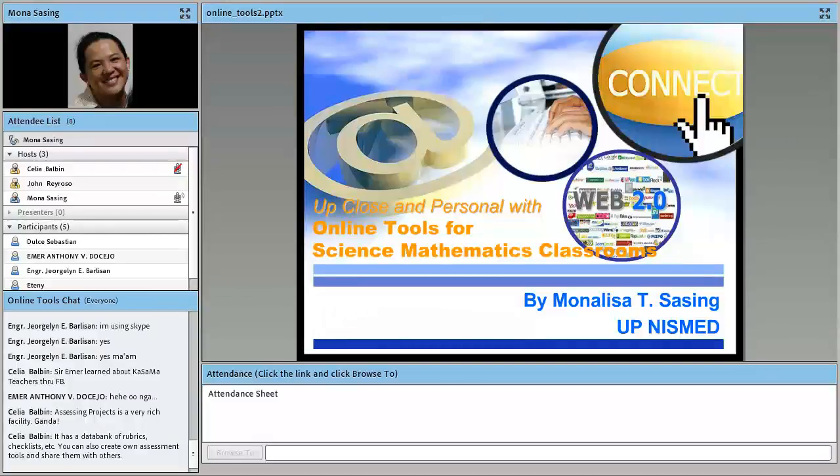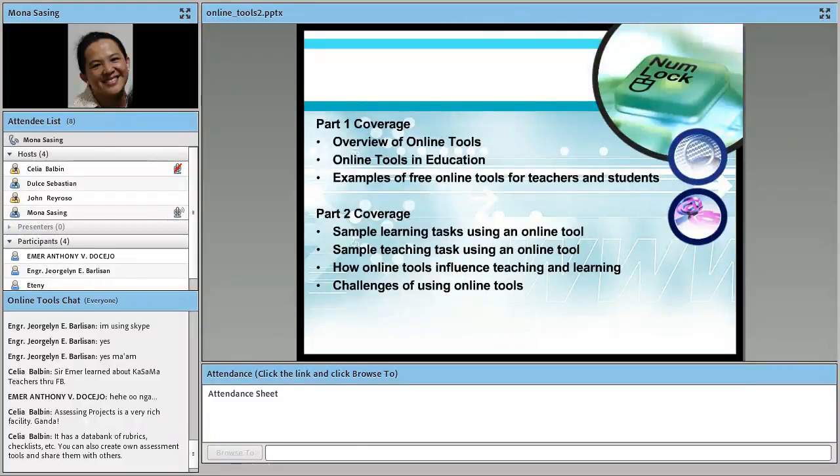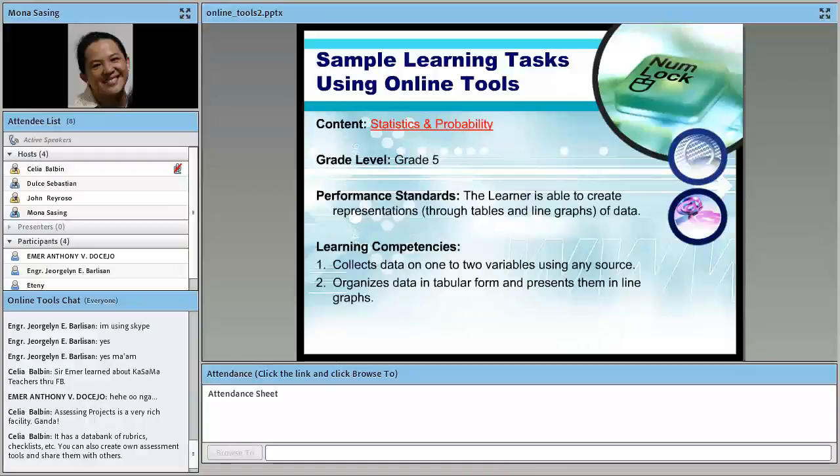One particular example is statistics, in the topic statistics and probability. This is for grade 5. I have picked this up from the DepEd curriculum, these performance standards.